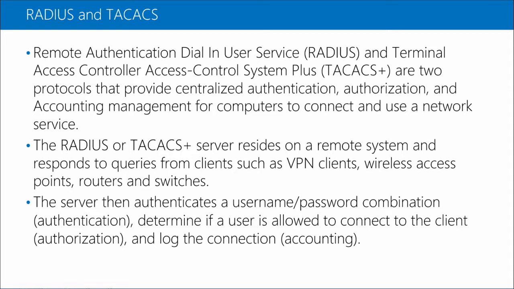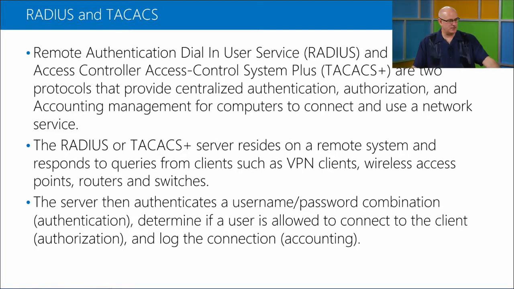RADIUS and Terminal Access Controller Access Control System Plus are two protocols that provide centralized authentication, authorization, and accounting management for computers to connect and use a network service. They reside on a remote system and respond to queries from clients such as VPN (virtual private network), wireless access points, routers, and switches. The server then authenticates a username and password combination (authentication), determines if a user is allowed to